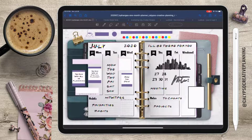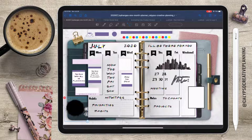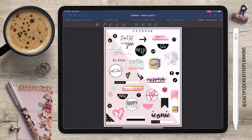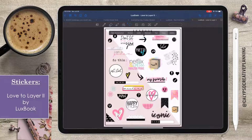Okay, so Rise and Grind. Throwing these on here. Don't ask me what city that is. It's the Cityscape, but I felt like that fit the Friends theme, I think because they're in the city. And then this is Love to Layer 2. There's another Love to Layer, a first one,